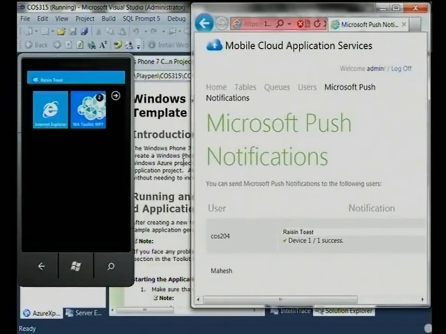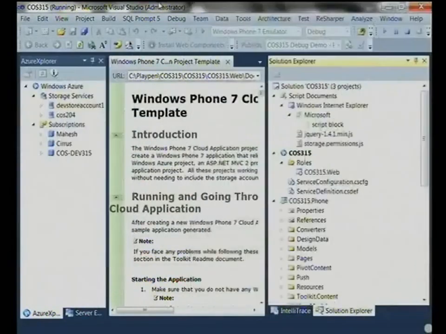Now, obviously, you're not going to have an operator sitting there in a call center typing all these messages out to all the people that are there. So you'd be doing this through a worker role and so on. But this is the code that is available for you to start plugging in straight away and start using it. And similarly, on the Windows Phone 7, if I switch over to the solution over here,